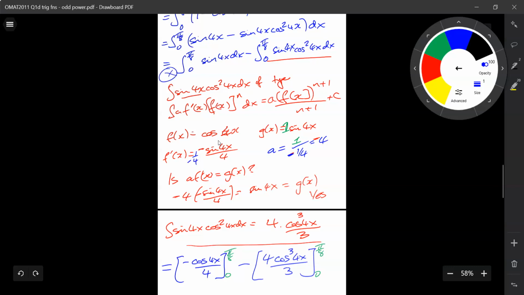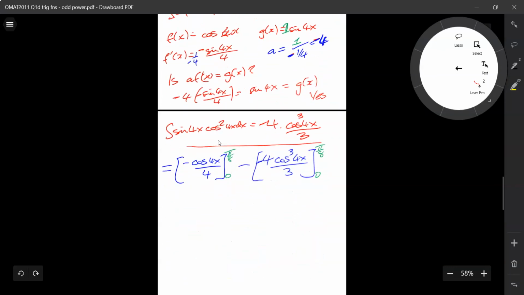So when I'm working out a, I'm dividing 1 by minus 1/4, which gives me minus 4 for a. So all the way down here, that gives me minus 4, and here is the answer, and minus 4 in there. So then if we come down here